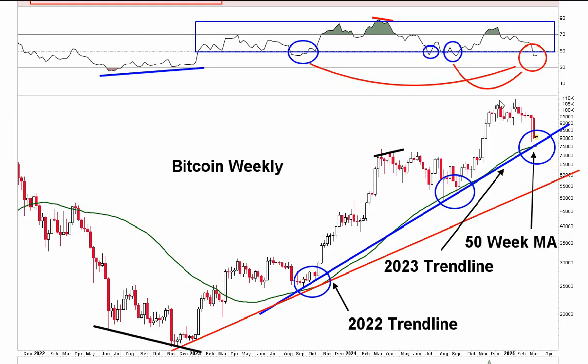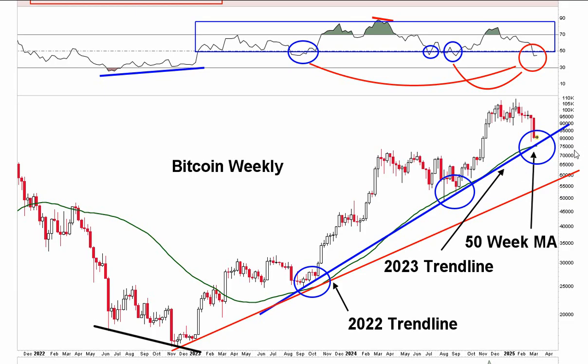And then we went up here, we got the high over here. Now we're coming back to the 50. We're still above the 50. The RSI has broken 50. But if we bounce off the 50 or hold above it, we could see the RSI attempt to go back up into positive territory, and you could still end up forming a massive negative divergence and still see Bitcoin go higher up to our upper channel line that I've been talking about in the weekly time frame. So again, just wanted to point this out: the trend line, the 50-week, if we do end up going lower, is directly below, and you have that confluence of support between 74,000 and 77,000.